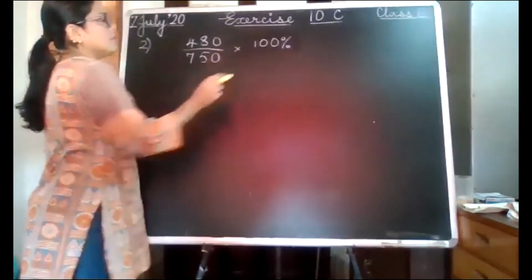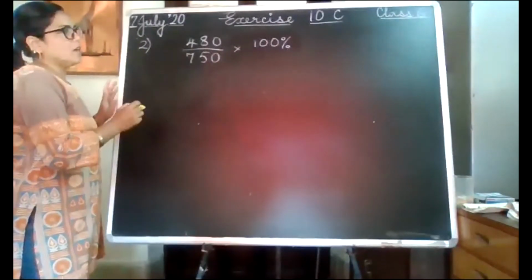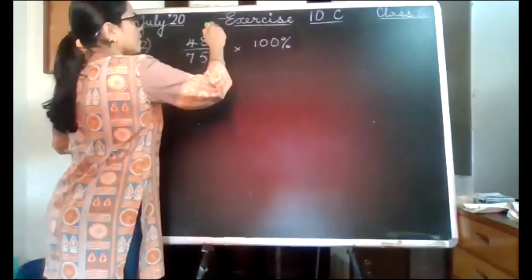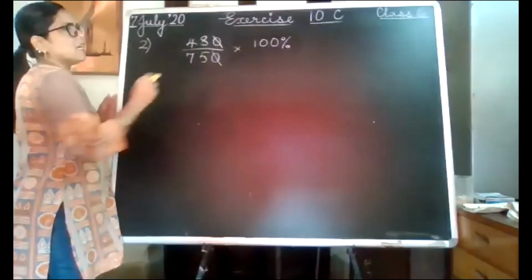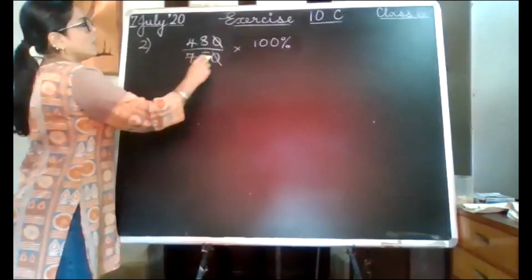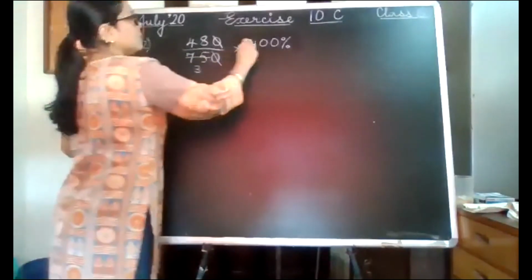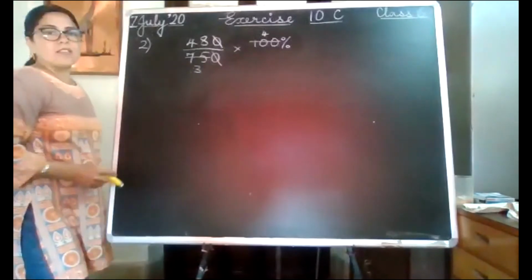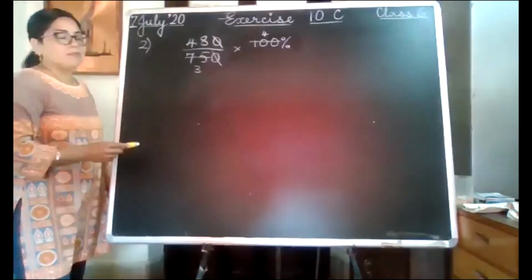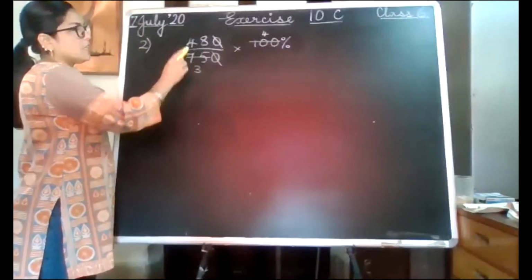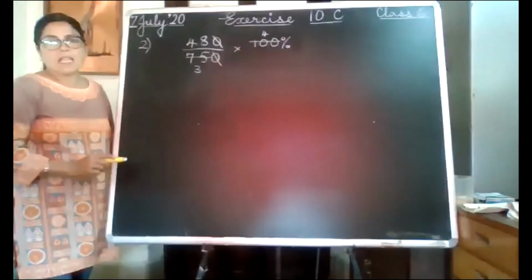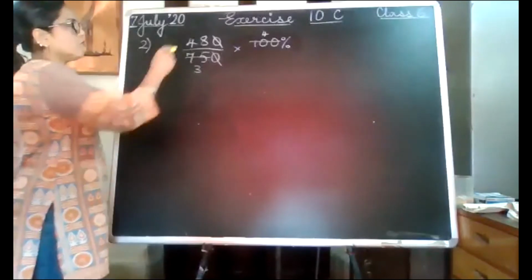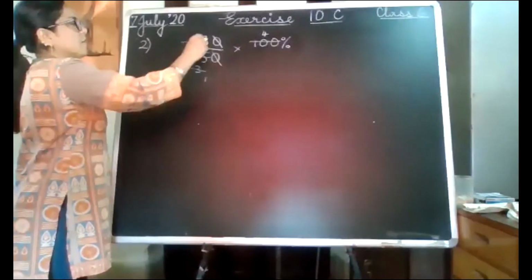Now to get her percentage, we have to do the same thing. We reduce as much as possible. Now both of these are divisible by 25. 25 divides this 3 times and this 4 times. Now 48 is divisible by 3 also. Remember the divisibility test of 3, that you have to add the digits. 4 plus 8 is 12 and 12 is divisible by 3. Therefore 48 is also divisible by 3.